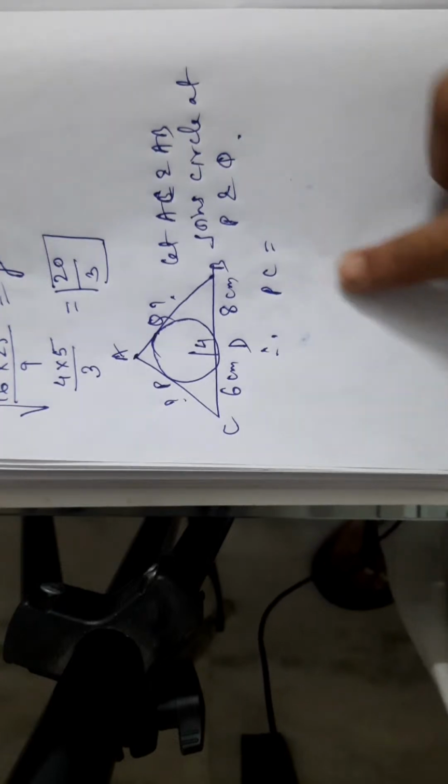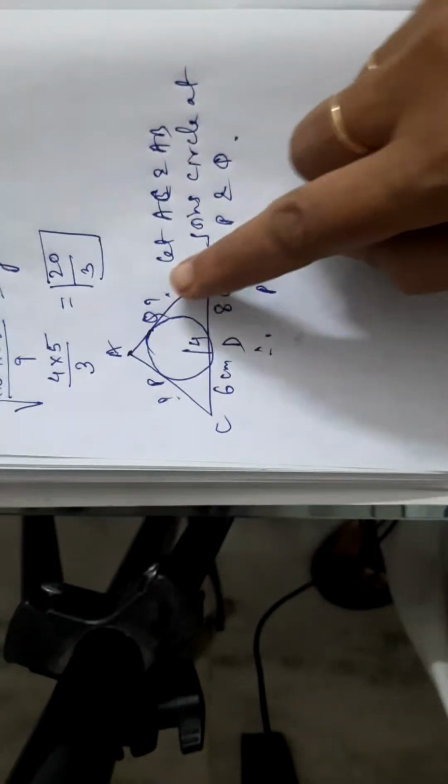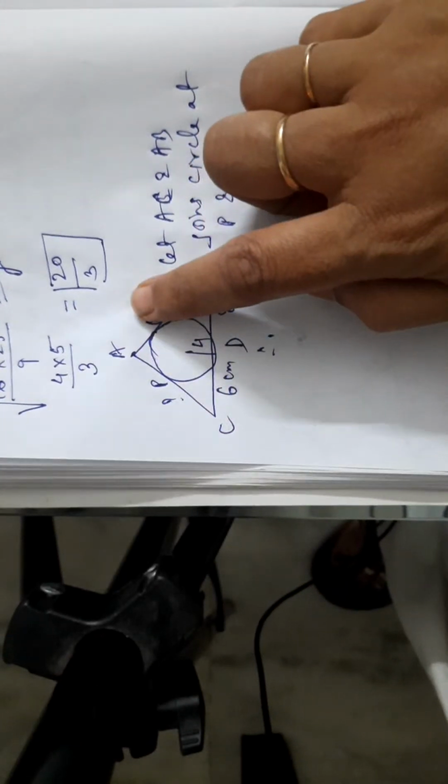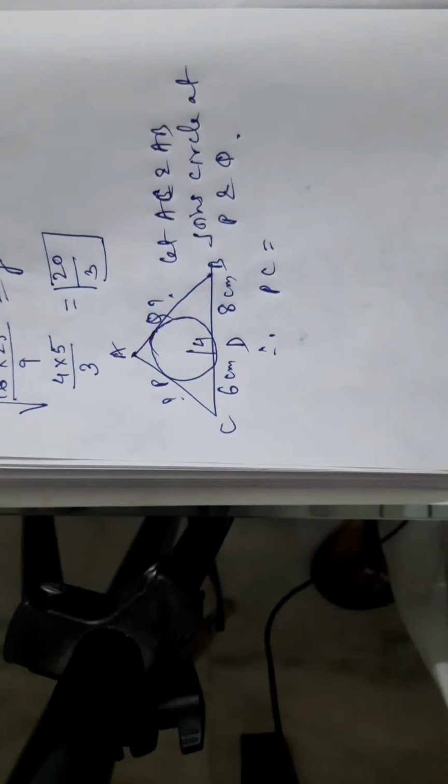Till then you try: these two are the tangents, this will be 8, this will be x. By Heron's method you can find the solution. So once you find out,